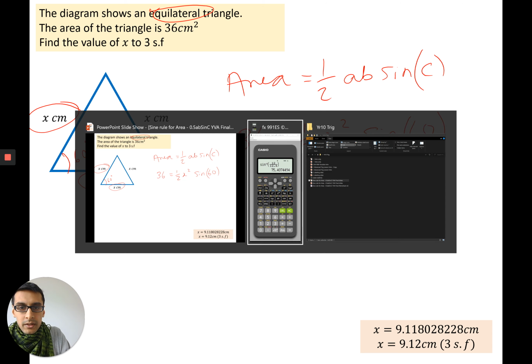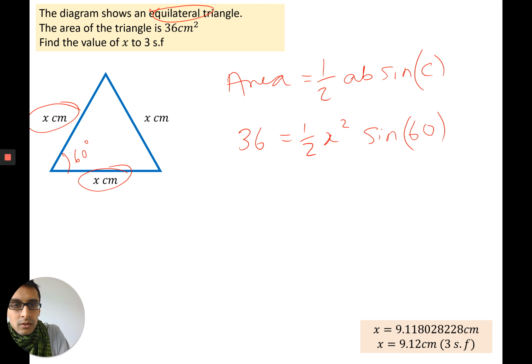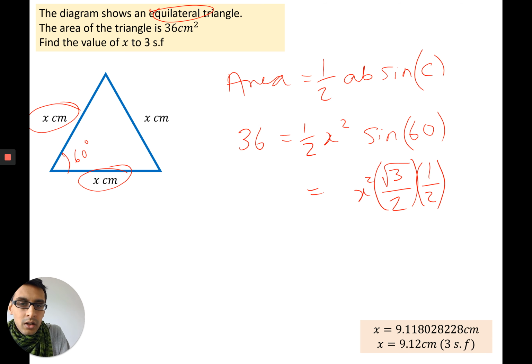So sine 60 gives you root 3 over 2. That's going to be one of the values you're going to need to learn. So half times x squared times root 3 over 2,